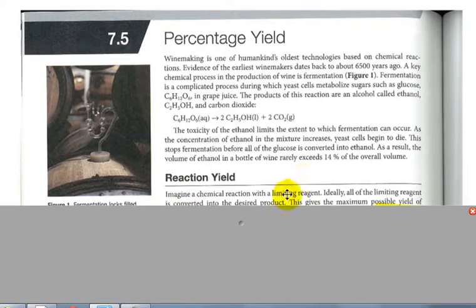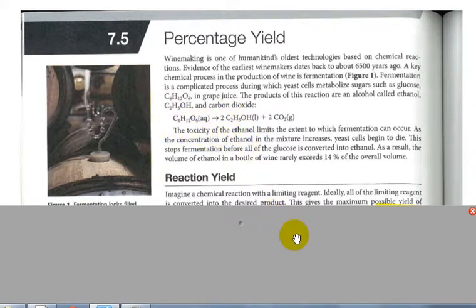For example, if we look at winemaking and converting sugars into ethanol and carbon dioxide in wine, we used yeast cells in order to cause that conversion to happen. And as the alcohol or ethanol content increases, the yeast cells die and we aren't able to convert all of that sugar into ethanol. And in fact, with wine, around 14% is how much ethanol we get compared to what